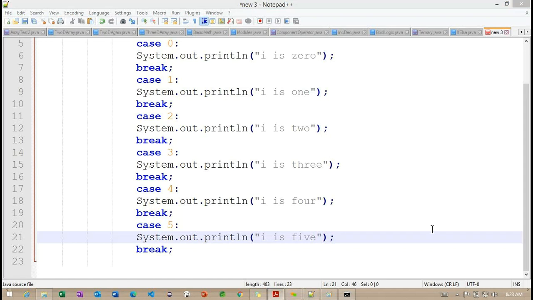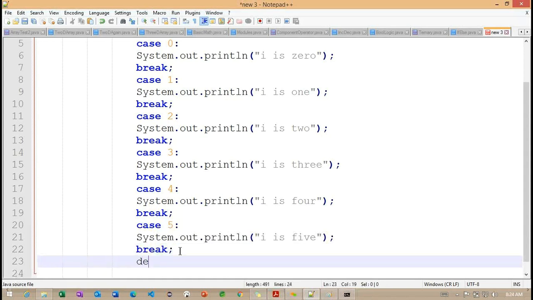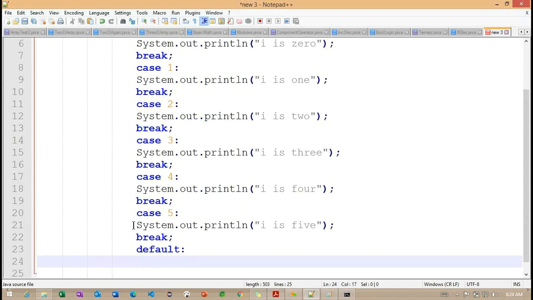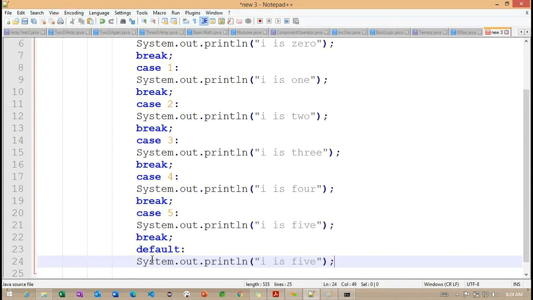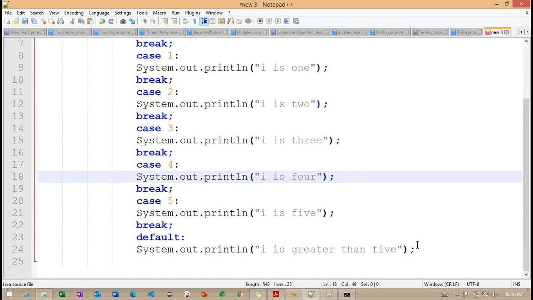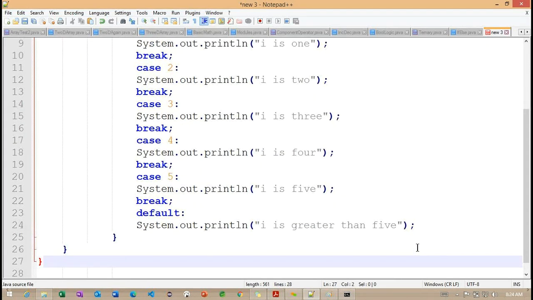If anything is not satisfied here, I'm going to make default. For this default, we'll simply print a statement: i is greater than 5.